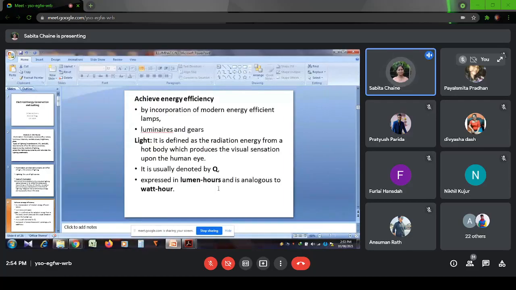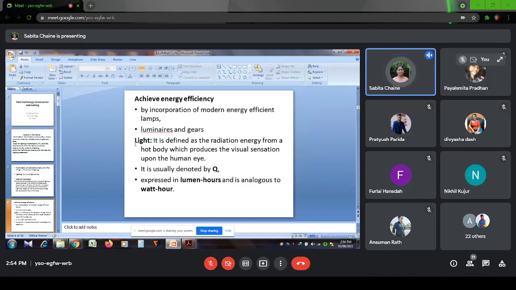Already, you know, in watt, the electrical power is watt, and electrical energy is P equal to W by T, so W equal to P into T. So power into time, that is watt hour. So electrical energy is watt hour, and light energy is lumen into hour. It is an analogous term. So lumen hour is analogous to watt hour. Clear?